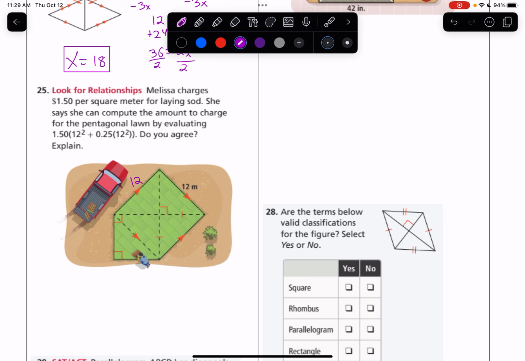So I know that the large shape can be found by 12 squared. And then we can see that, hey, these two triangles down here, they happen to be congruent. That's one way to think about this. We have another square down here. That's another way to think about this, which is, oh, it's a rectangle, but I know that this piece and this piece are the same as this piece and this piece. So I know that this is a quarter, 0.25 of 12 squared. So it's another quarter of our shape. So yes, we'll say yes,